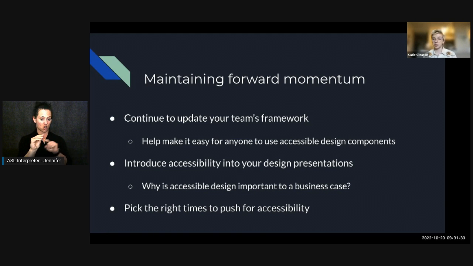I've also found it really beneficial to start introducing accessibility into the reasoning portion of my design presentations. Like I mentioned when I was talking about the education, the why behind accessibility is super important, not just for your own benefit, but also for the benefit of those around you. Why is accessible design important to a business case?